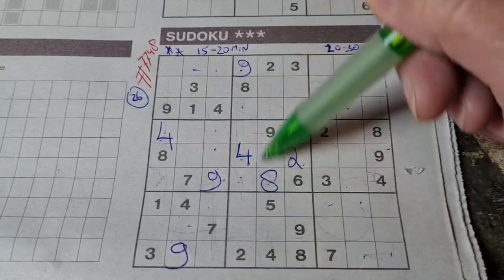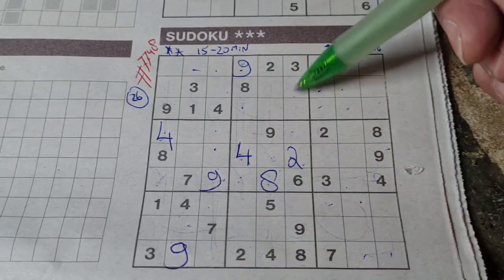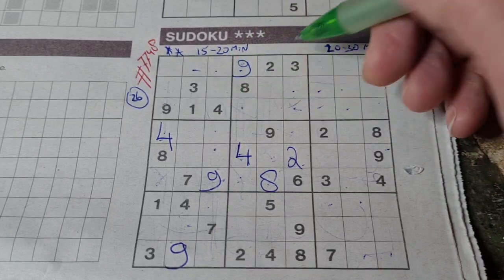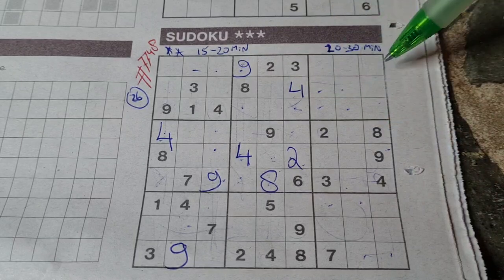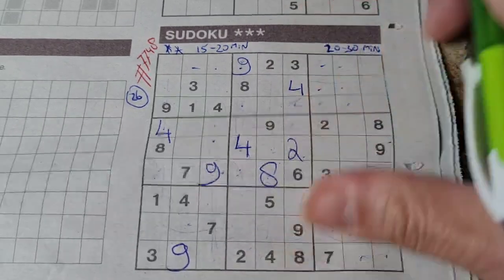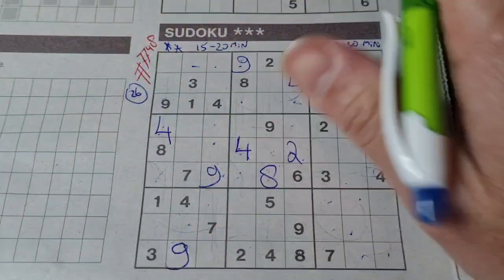4 in this column, 4 in the middle column, so the column next, the only 2 places left for the 4 should be here or there. We have a 4 in the third row, no 4 there, 4 should be there. Cannot continue with the 4. Well,